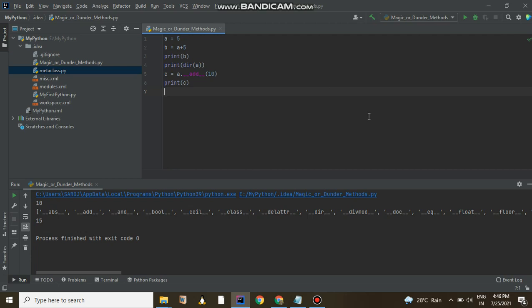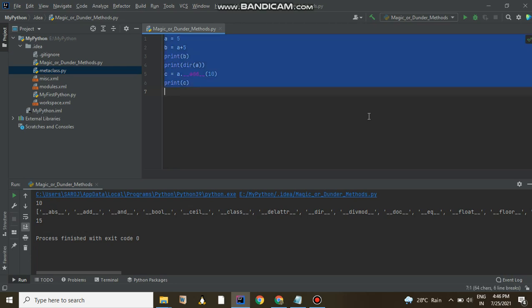Initialization means that once your object is created, if you want to initialize certain things, you can do that. The third thing is destruction. If you want to delete your object, then you go for delete. For these three things, Python uses three different methods: the new method, the init method, and the delete method.